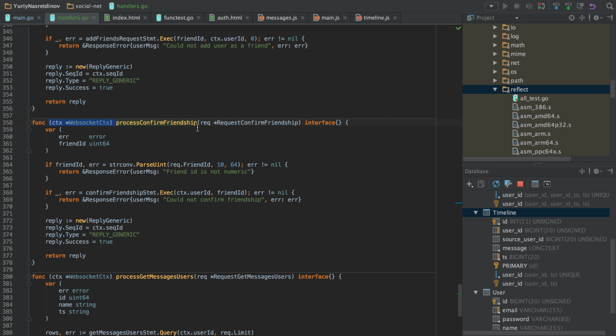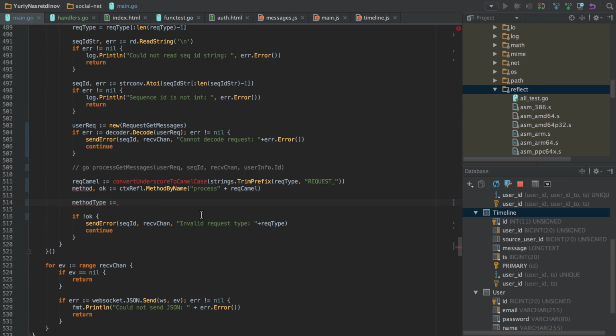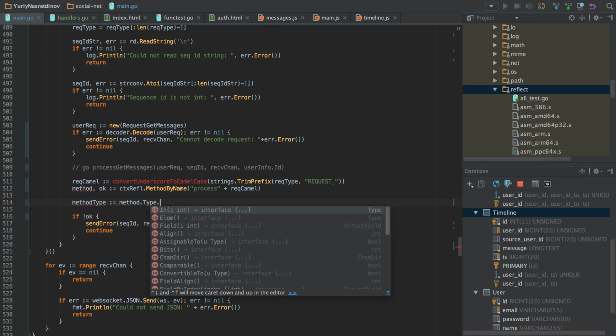We get a type on the reflection function, and we should specify two arguments. First is this receiver, that is CTX, the WebSocket context, and second argument would be the request itself. So we need the second argument type here. So I should write it now.